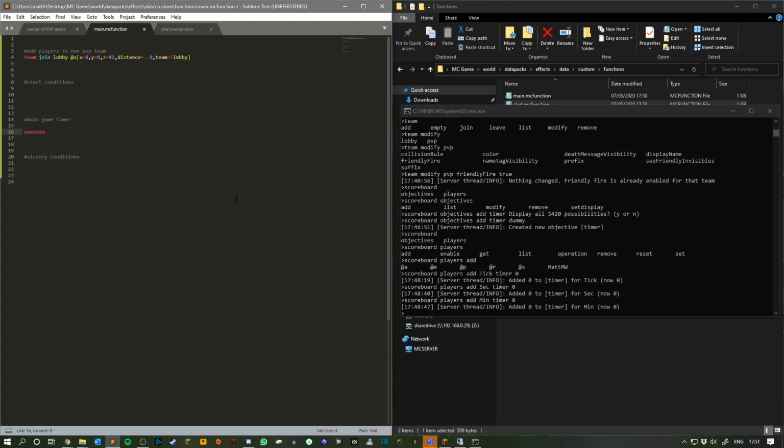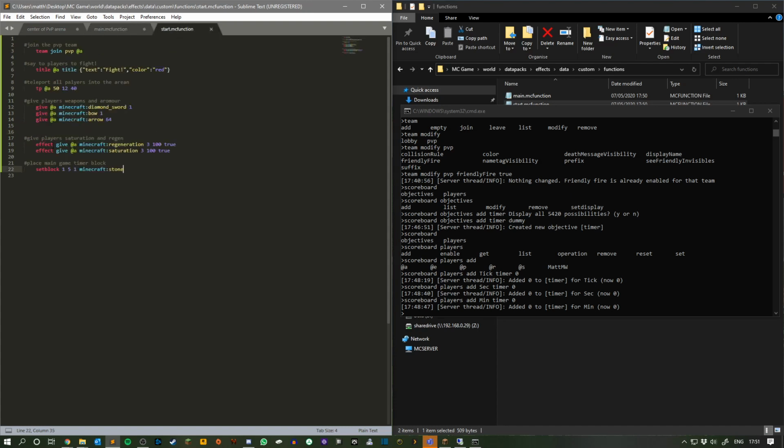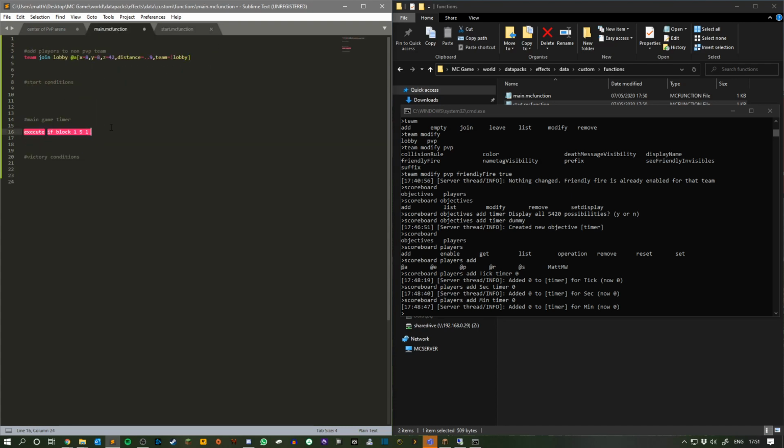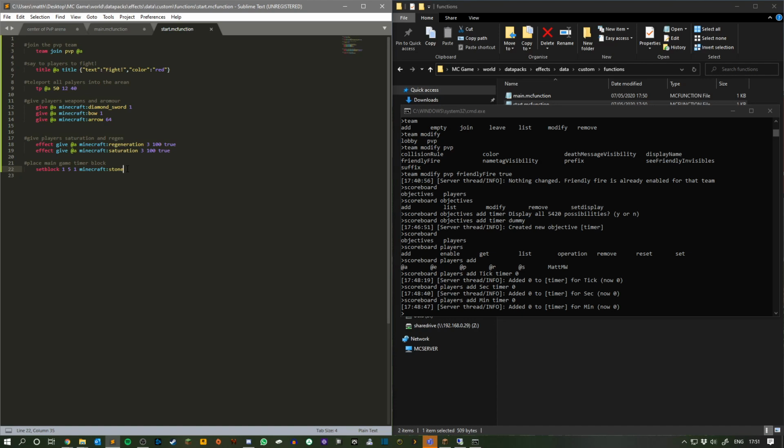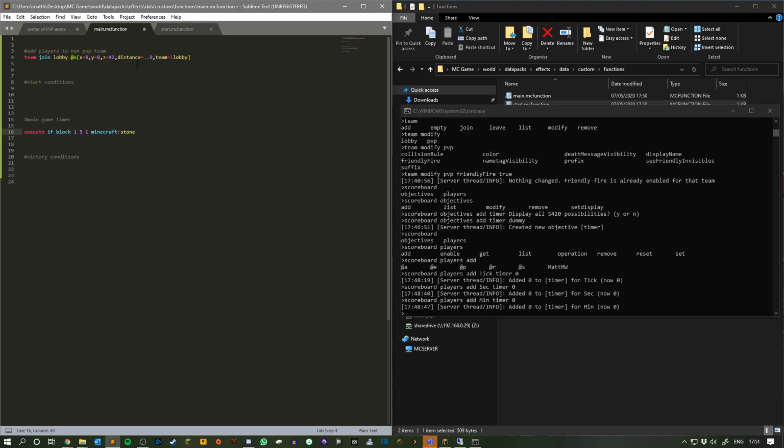Execute. So we want the code to do something for us, but we only want it to do it if there is a block in 151, which is here, and that block is stone. Okay? So at the start of the game, we're going to place a stone block in 151, and then our main function file will execute if that block 151 is stone. We want it to run